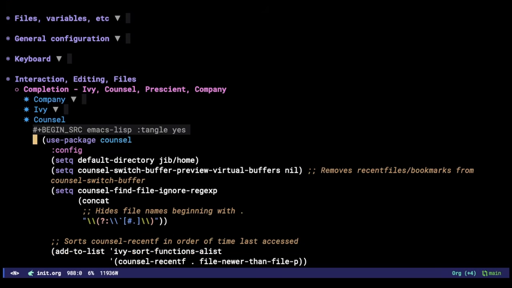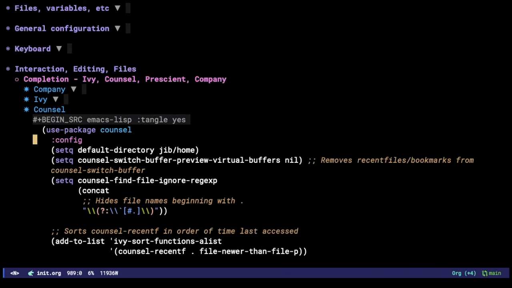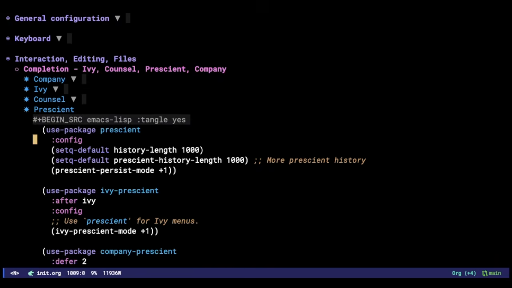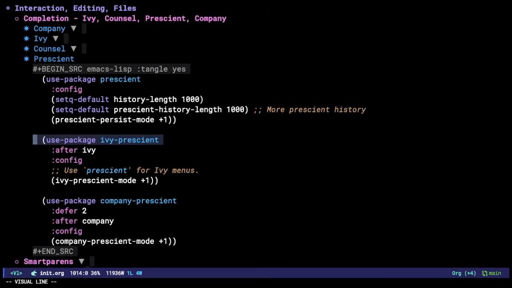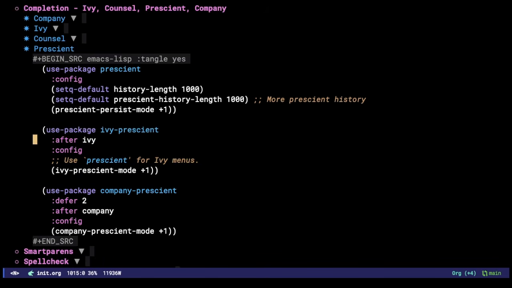I also use Counsel. And there's nothing much to say here. It comes with Ivy. And then Prescient. Now, Prescient, I haven't customized it in a while, but essentially what it does is, when you use ivy-prescient and company-prescient, it will